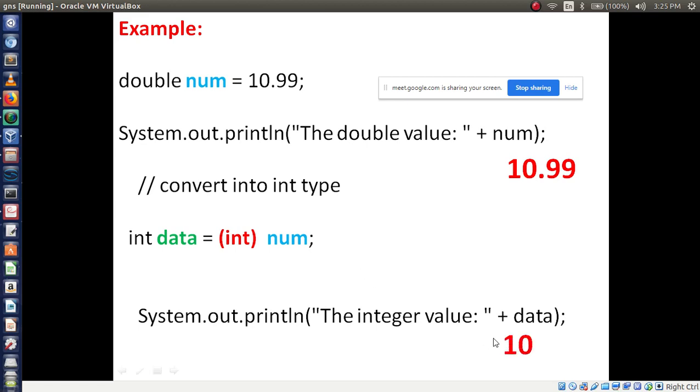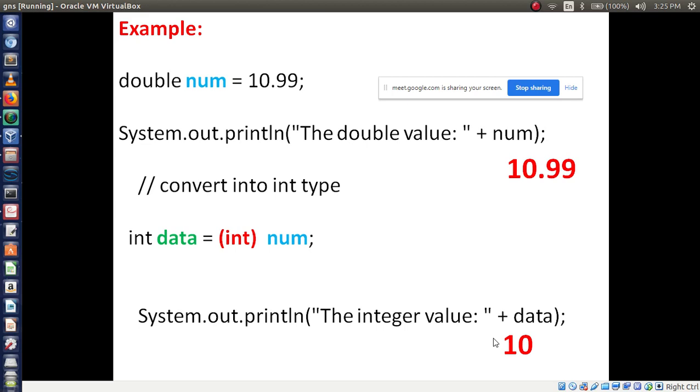Here what will happen? We have the original value 10.99, but at the end of the result we have got only 10. So what has happened here? Converting larger data into smaller data, right? So converting from this to this, I have lost the data, that is 0.99.